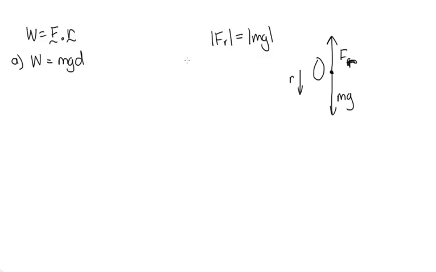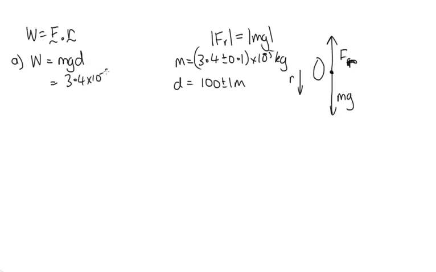Now in the question, we're told that the mass of the raindrop is equal to 3.4 plus or minus 0.1 times 10 to the minus 5 kilograms, and we know that the distance it falls is equal to 100 plus or minus 1 meters. So we're actually going to need to take into account our uncertainties as well. Okay, so we just need to substitute these numbers into this formula. We've got 3.4 times 10 to the minus 5 times g, which is 9.8, times d, which is the 100 meters. And solving that on the calculator, we get